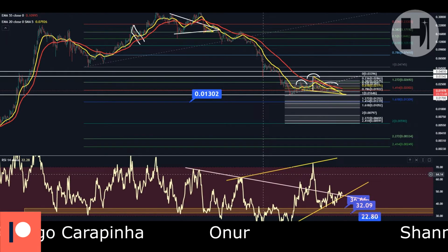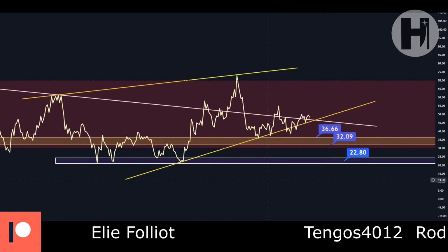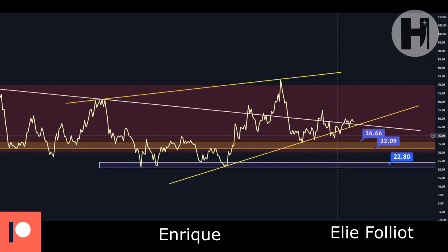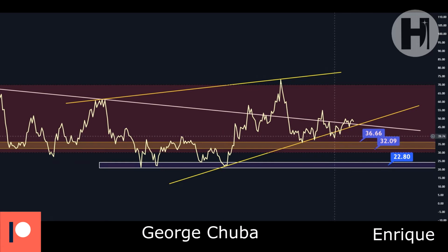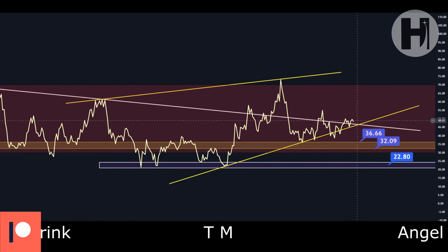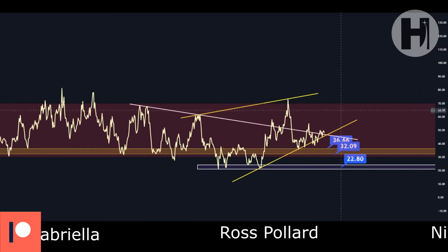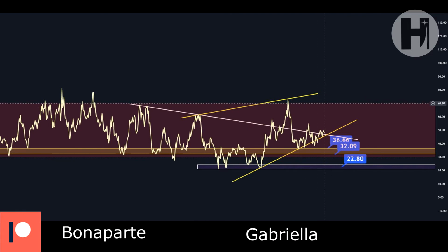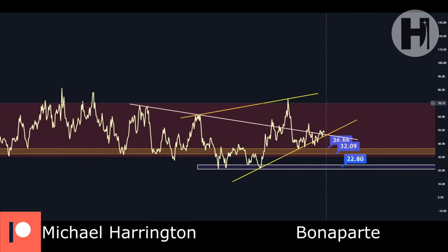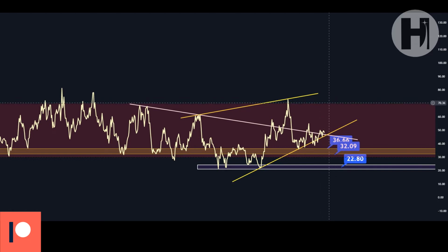Now let's switch over to the daily RSI. As you can see, we are hovering around the yellow support trend line here. We had a little fake-outs below it here in September, but in October we had a nice bounce off of that and we're moving towards the upside. So if you are going to be getting overbought here, above the index of 70, in the next 3-4 weeks, then I would say that's a good time to start taking just some profits because eventually you're going to see